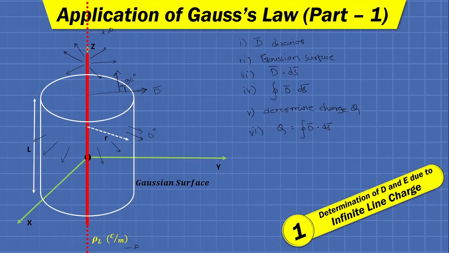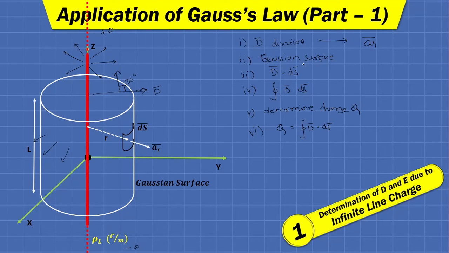Okay. Now we are considering a small differential surface ds. Let me remove these unnecessary things now. So we have considered a small differential surface ds, which is in the direction of radius, and here the direction of D bar is also in the direction of radius coordinate of the cylindrical coordinate system. Okay, so now that we have determined the direction of D bar, what is the direction of D bar? It is AR bar.